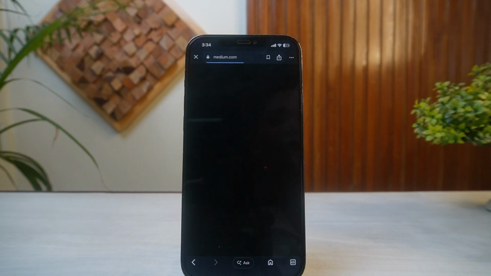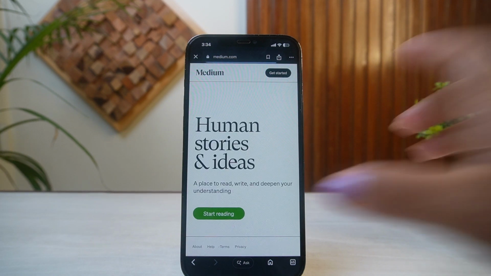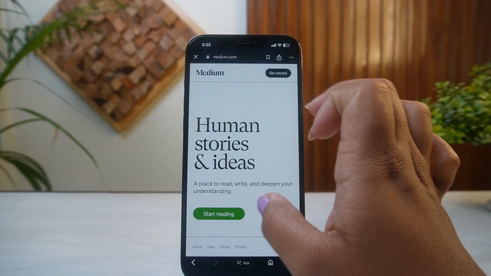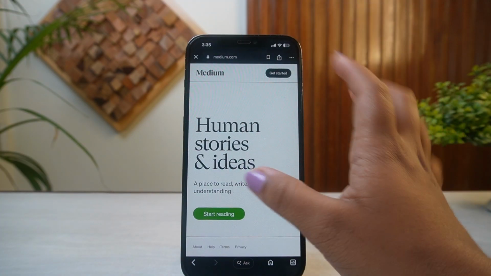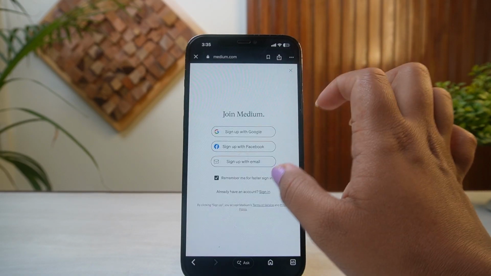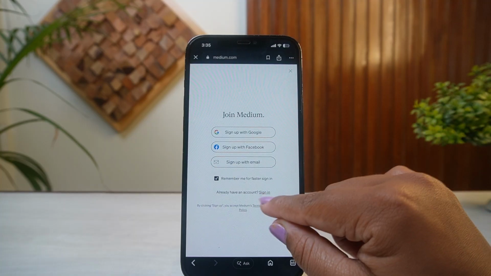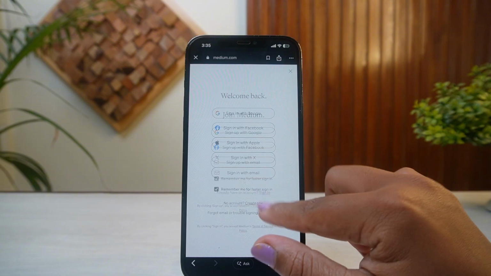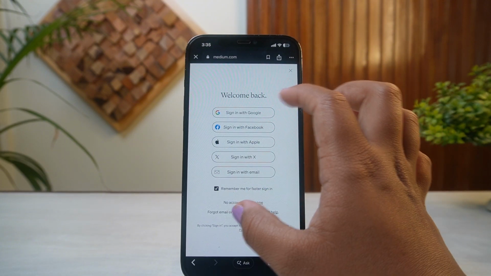To log into your Medium account on a new device, the very first thing that you need to do is simply get into medium.com, or you can open the application version of it if you want to. Then you can simply tap on the Get started button on the top right corner, and then from there you can see the sign in button right here, right? Already have an account, sign in. Tap on sign in, and then from there you can now simply tap on